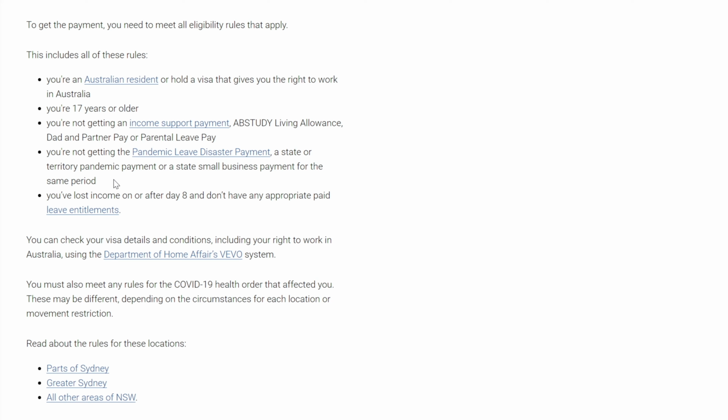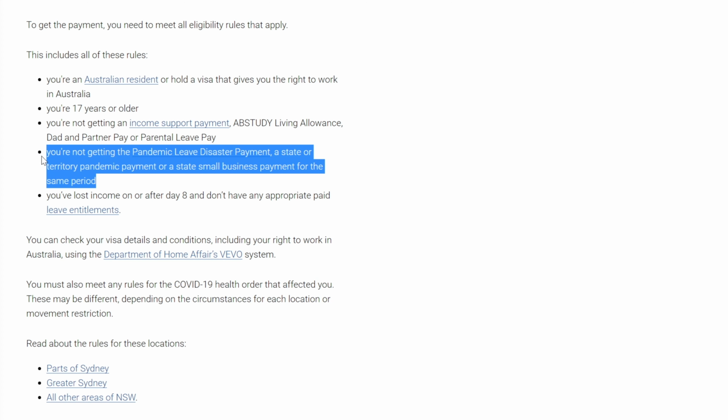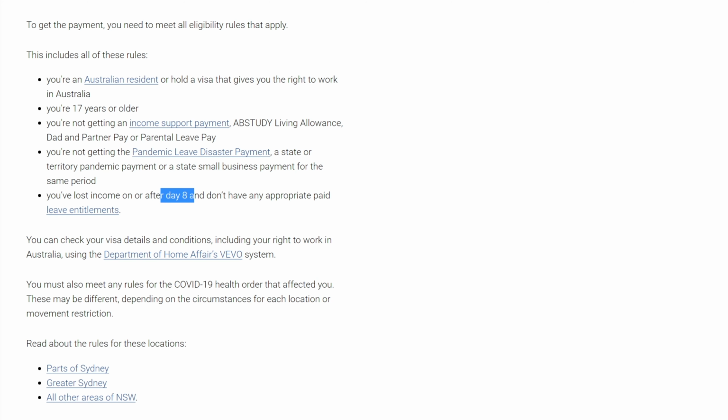Most of the people who are on a temporary visa, this might not be applicable, so you can leave this out. And finally, you should have lost income on or after day 8 and don't have any appropriate paid leave